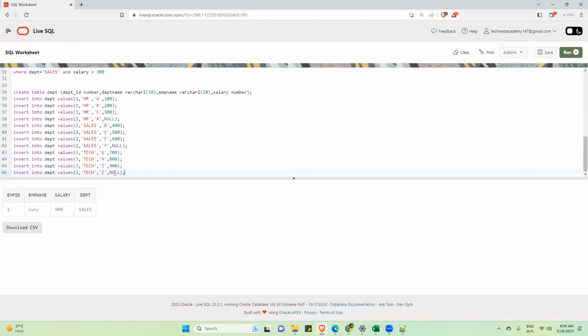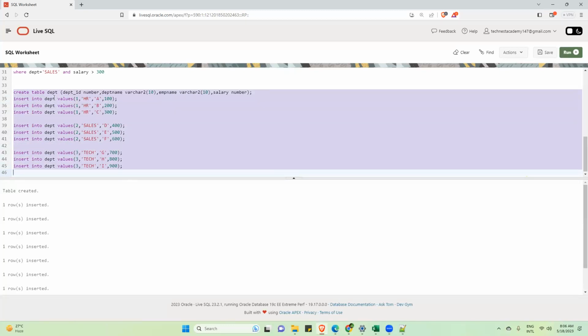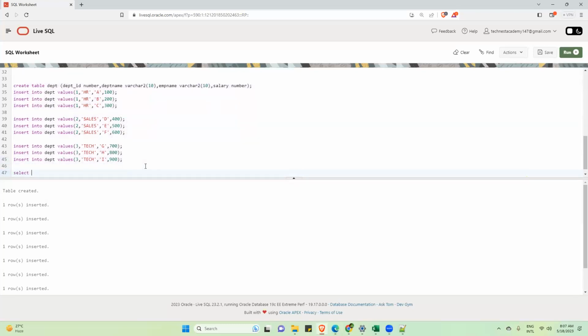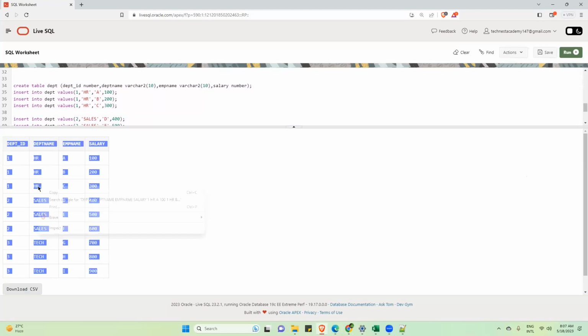Now I will take a few more examples. This is another table I have taken. This null I will not show now; we will discuss it next week. Now I am trying to create a department table. I have this ready-made script, which has the create table statement and insert, everything. So all together I have executed. In your assignments, we will give you the ready-made scripts. You don't have to prepare them. Now this is your department table, and this is the data.